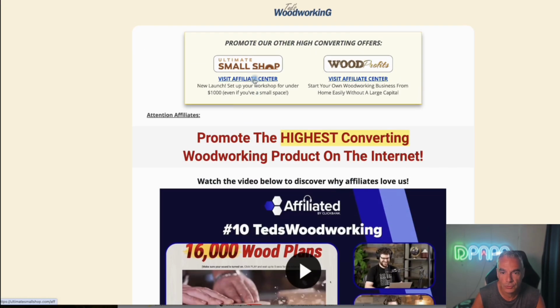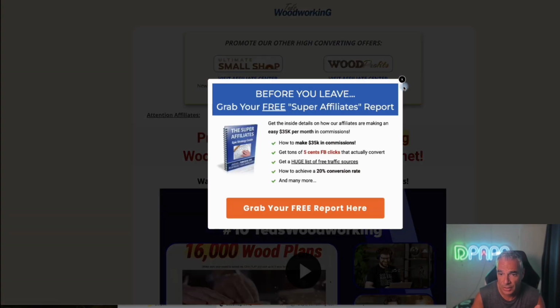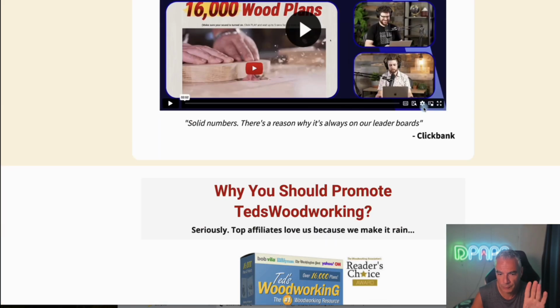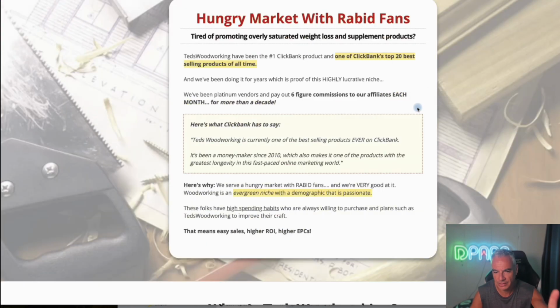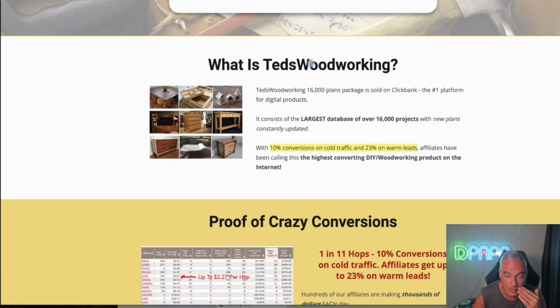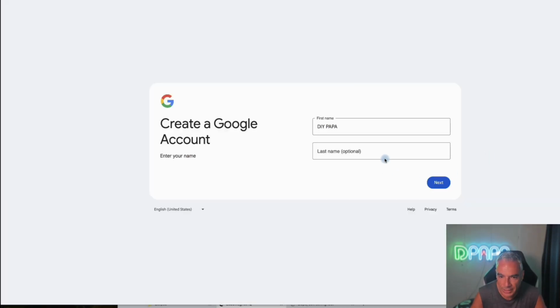Okay, we could go to, and they've got the ultimate small shop and the wood profits. There's other two offers that you can promote from the same vendor, etc. Okay, so we're going to be using this as an example and we're going to go out and we're going to build a lander to get the traffic over there. We're going to create a new Pinterest account. We're going to do a lot of good stuff today. I'm creating a new account and it's going to be called DIY pop-up, for example, and